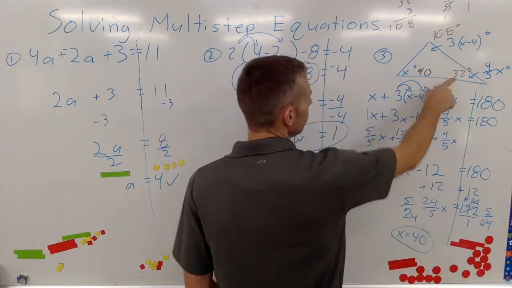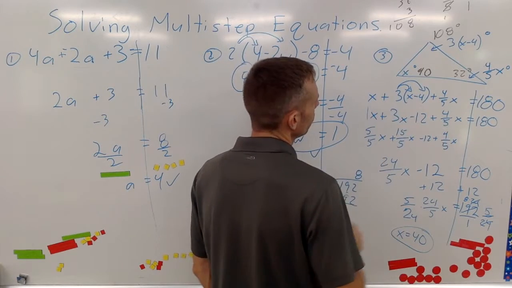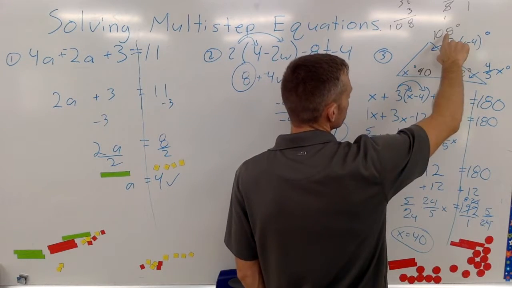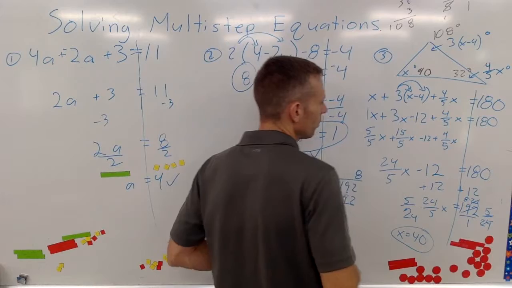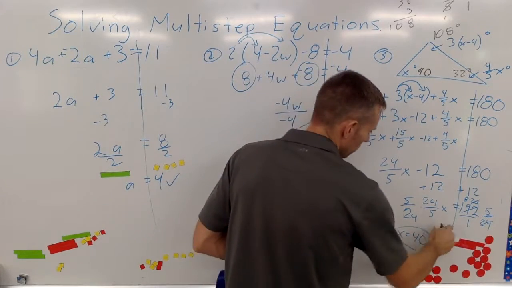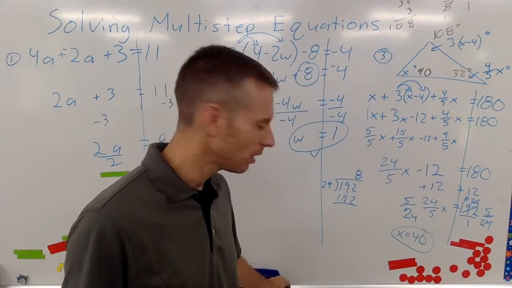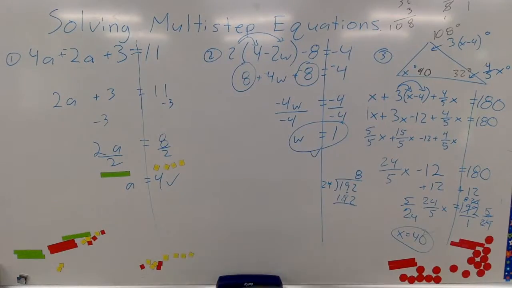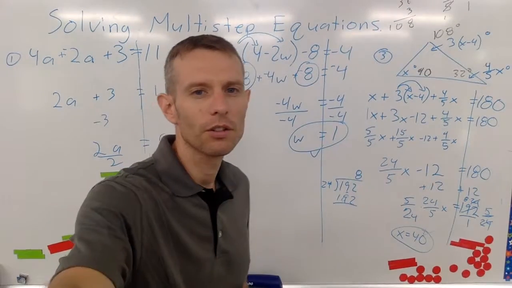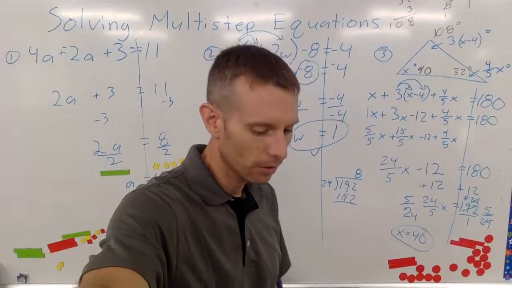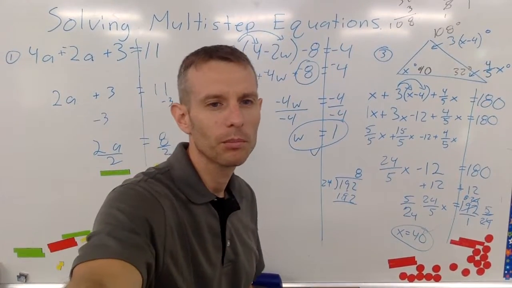So 32 plus 108 plus 40. 32 plus 108 is 140. 140 plus 40 is 180. X equals 40. I realize that that was very fast, but you are more than welcome to stop, rewind, pause,